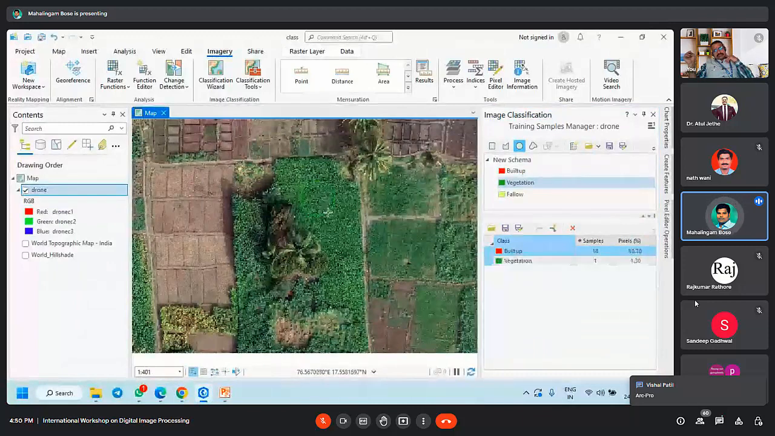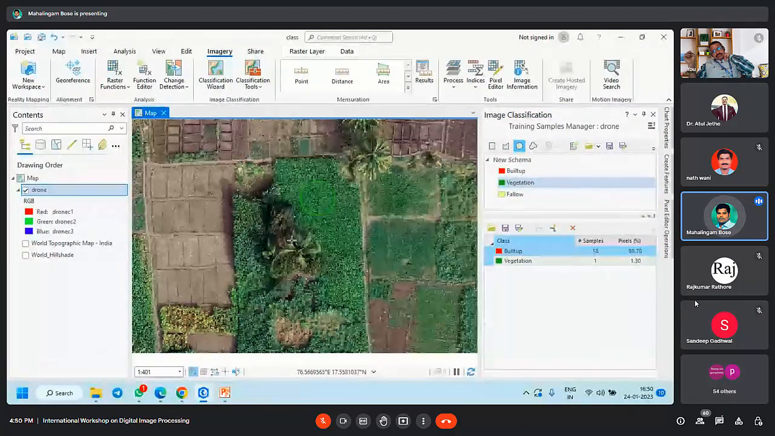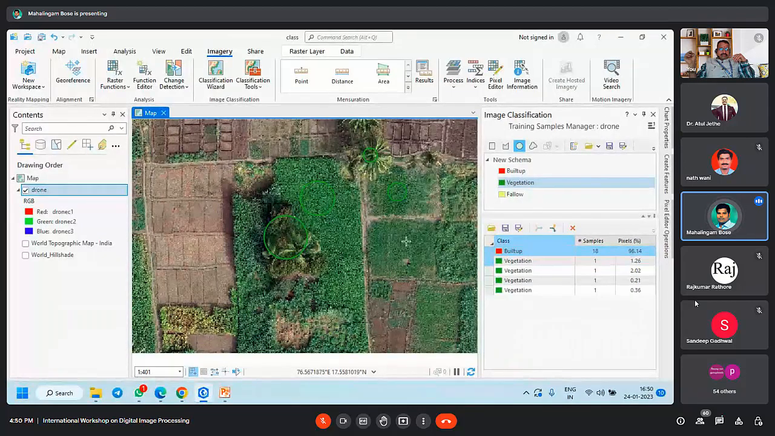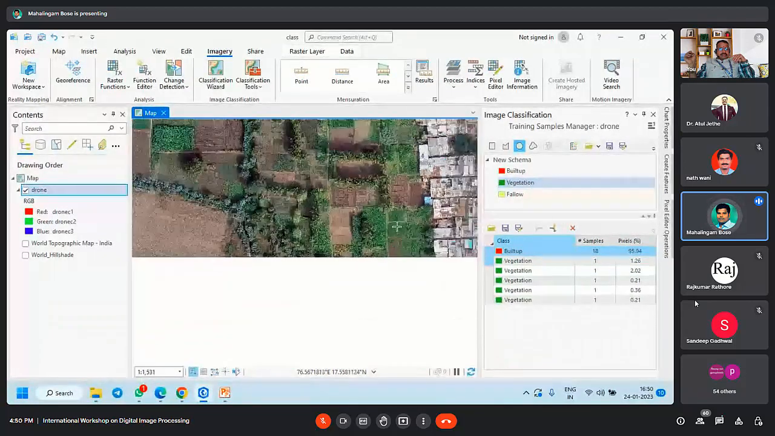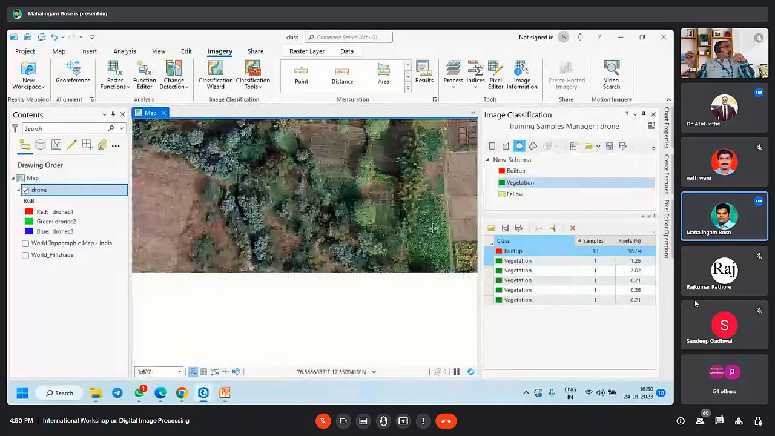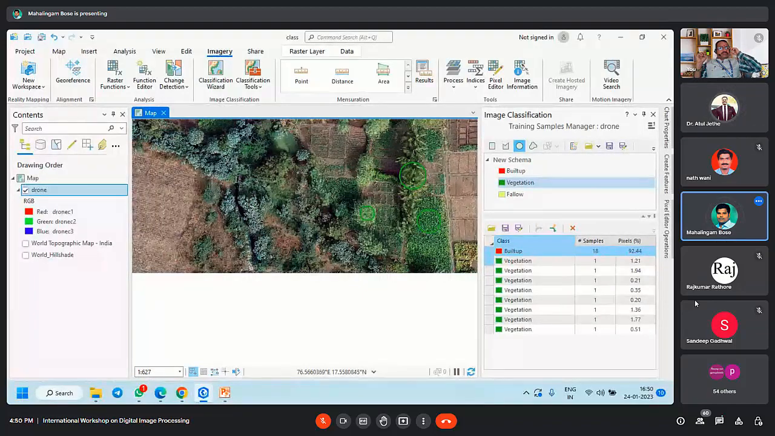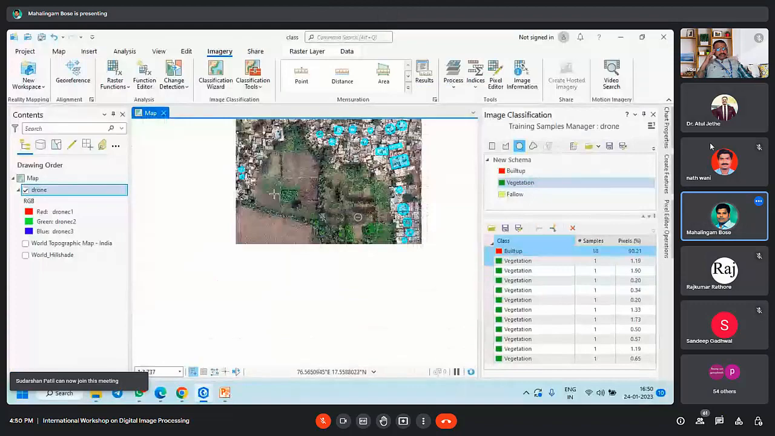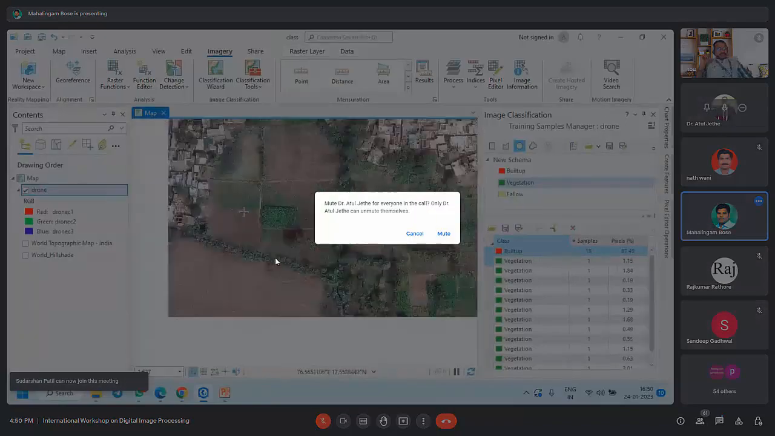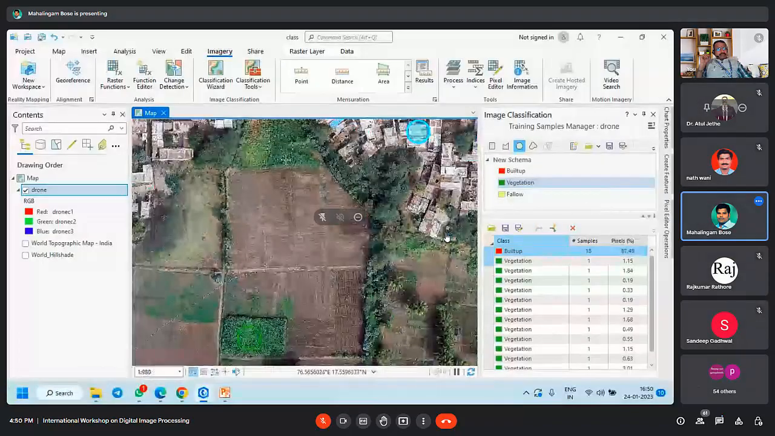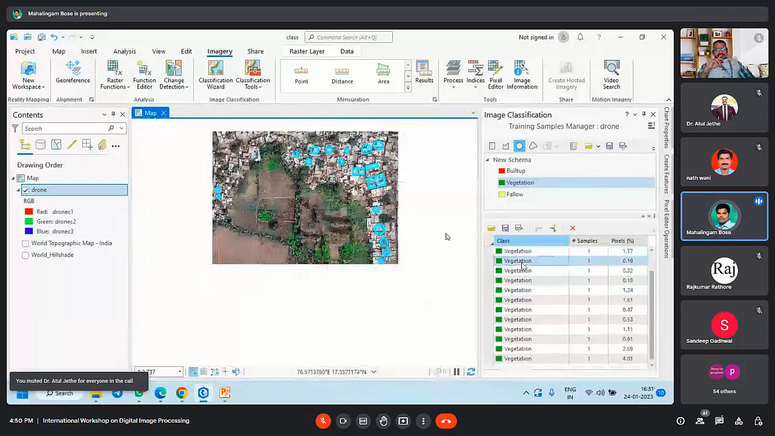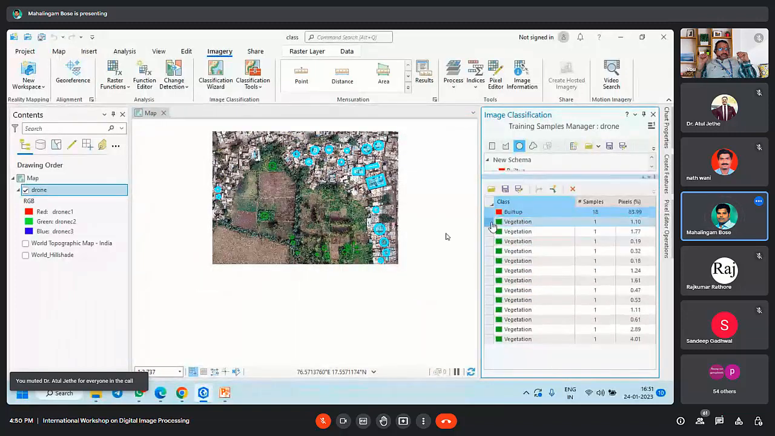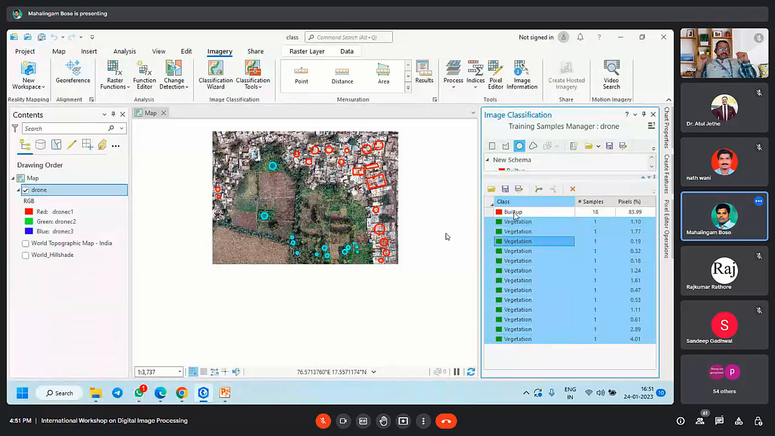So here we have kind of crop which they have cultivated. They are cultivating. Here we have the tree. Here we have the tree. Some places of vegetation here. Here we have vegetation, trees, tree, tree, vegetation. I have collected these many samples for vegetation. Then I merge all this into a single